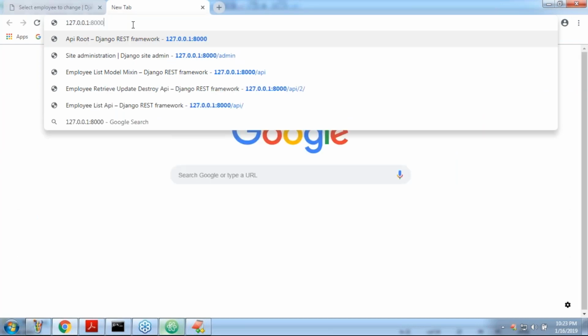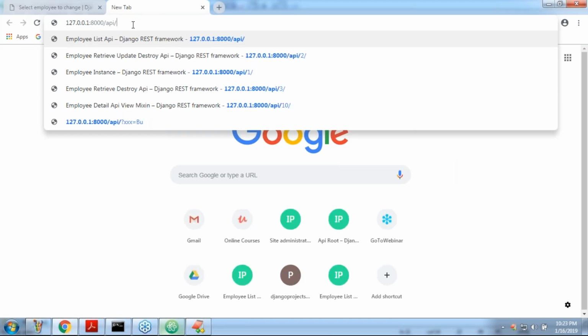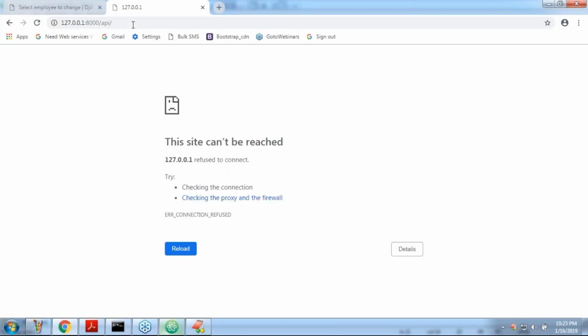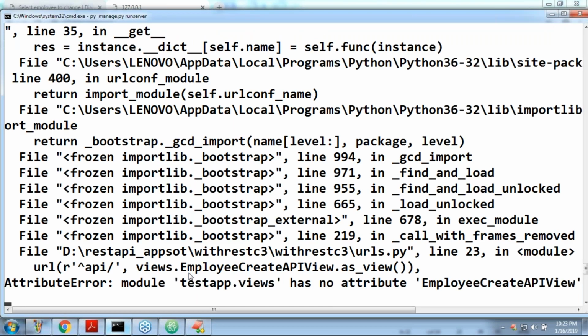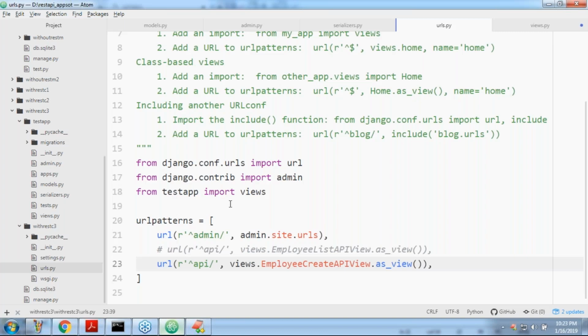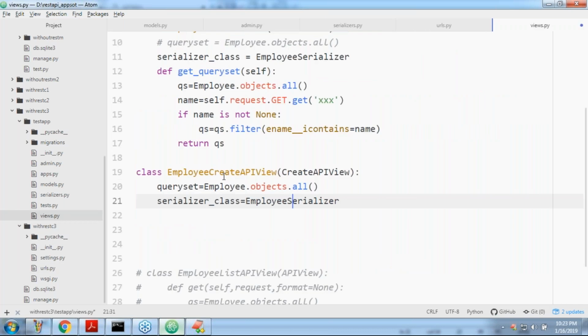127/api/. Now which operation do I have to perform? We need to perform the post operation. One minute, don't worry, something went wrong. Attribute error, test app views has no attribute. In the urls.py, EmployeeCreateAPIView. What is the class name I used?